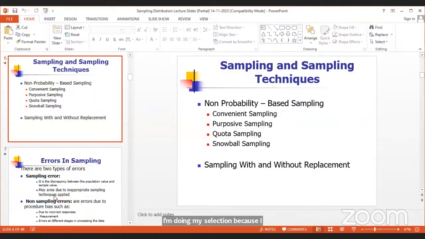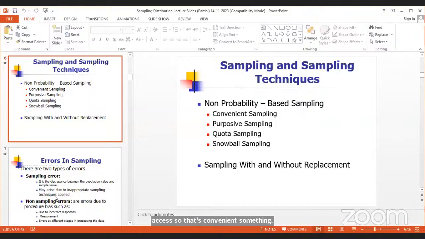So when you select from a population to which you have access, that is convenience sampling. I have not applied any chance. I have not applied any random technique. I have not applied any probability in it. I only selected because I have access. That's convenience sampling. So the next one is